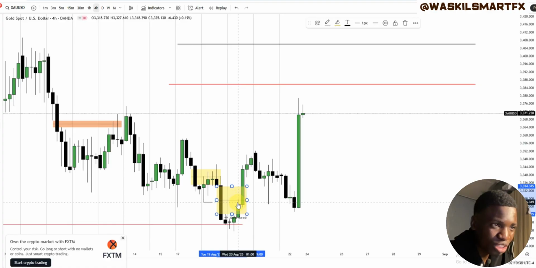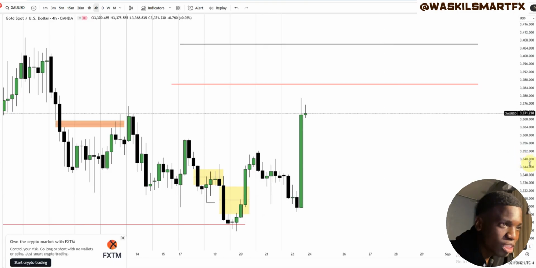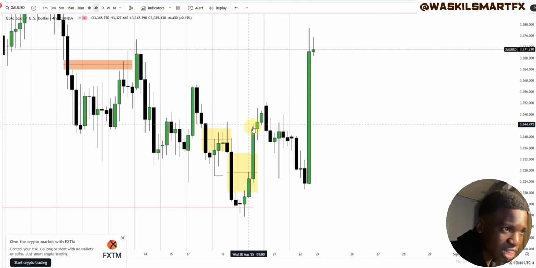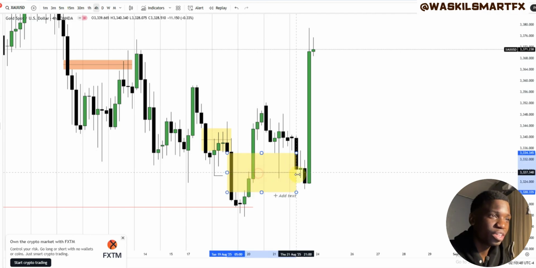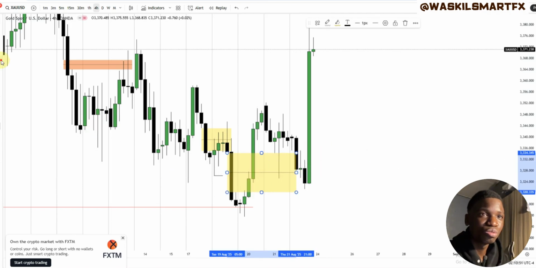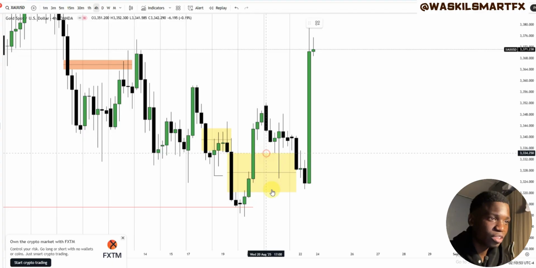You can see a little rejection. Then the second candle, the moment market creates this large candle here, it means that market disrespects the fair value gap. So that is a fair value area where I expect market to buy from, and that is why you see